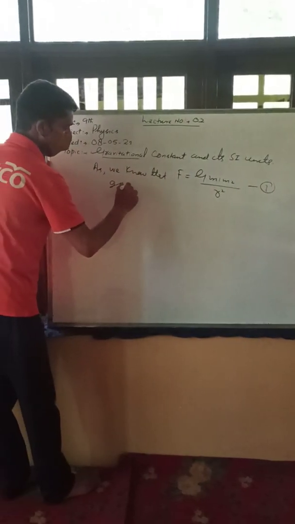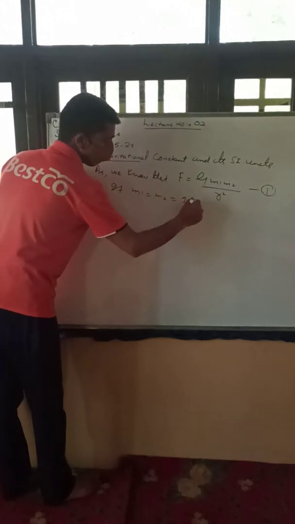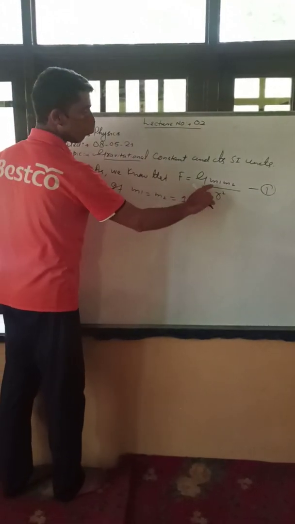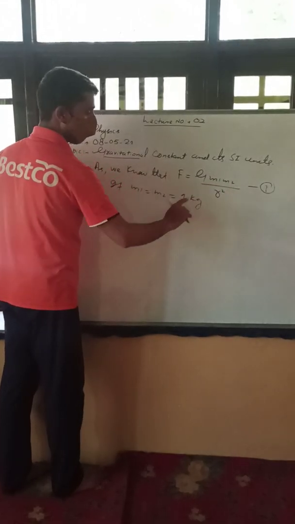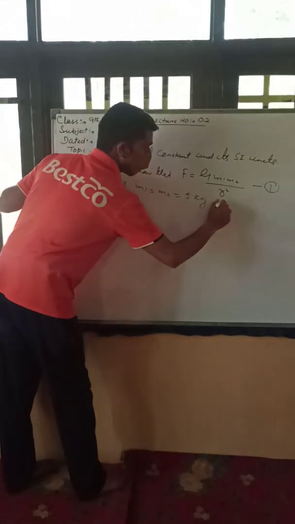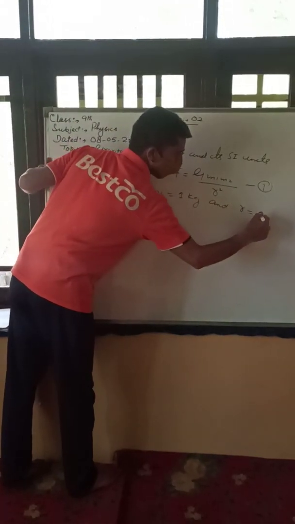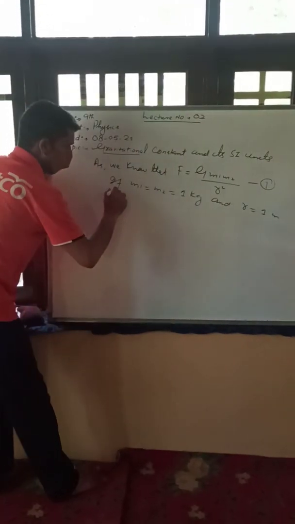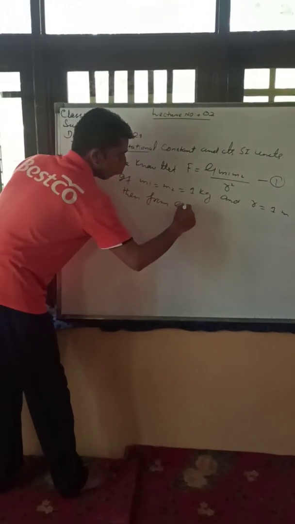If M1 is equal to M2 equal to 1 kg, which means the mass of the first body and the mass of the second body are equal to 1 kg, and the distance of separation, that is R, is equal to 1 meter, then from equation first we get,